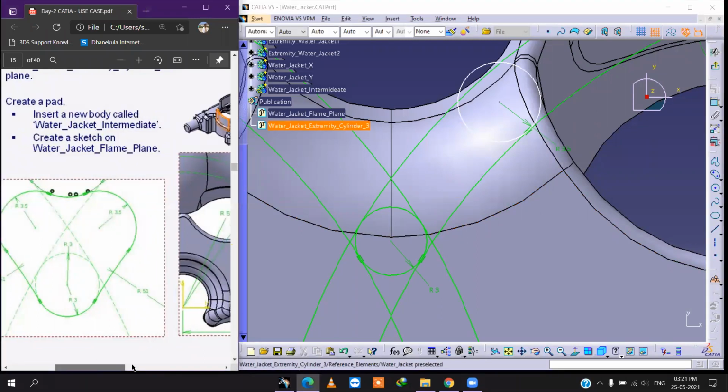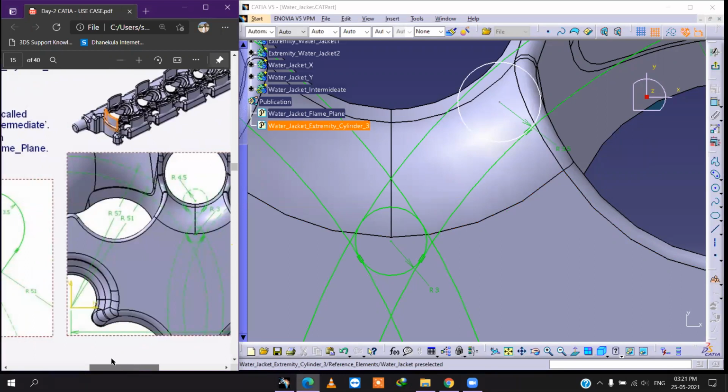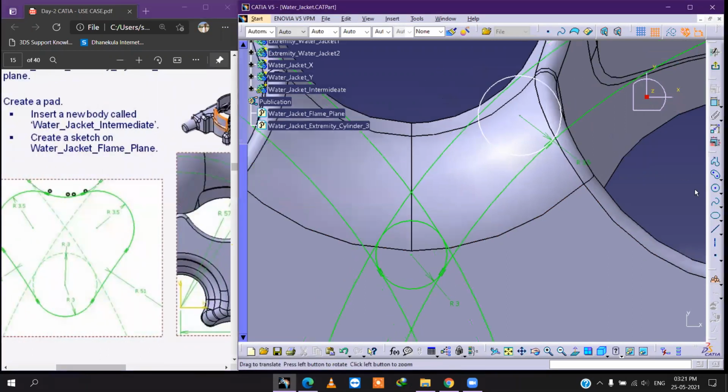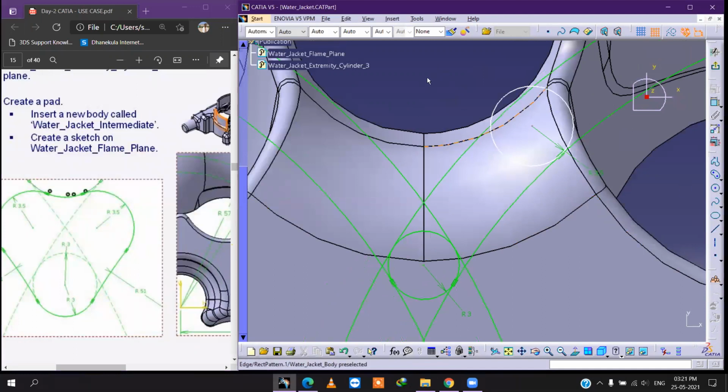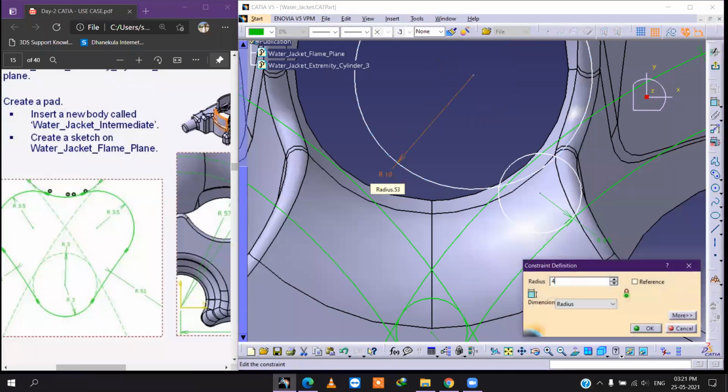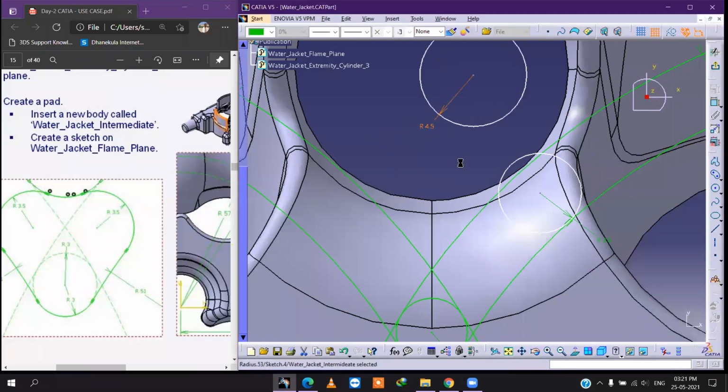This one is radius 4.5 mm. Guys, anybody? Yeah. Okay.